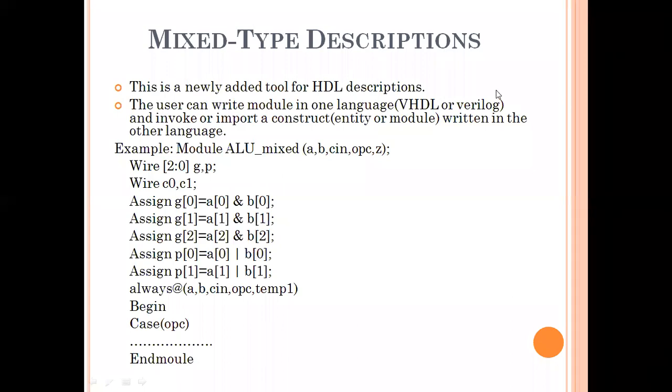And after that, we have to write the VHDL or Verilog code for complex or any digital circuits, right?